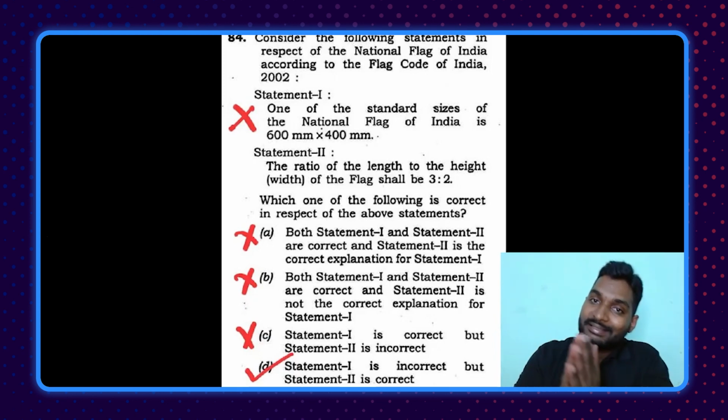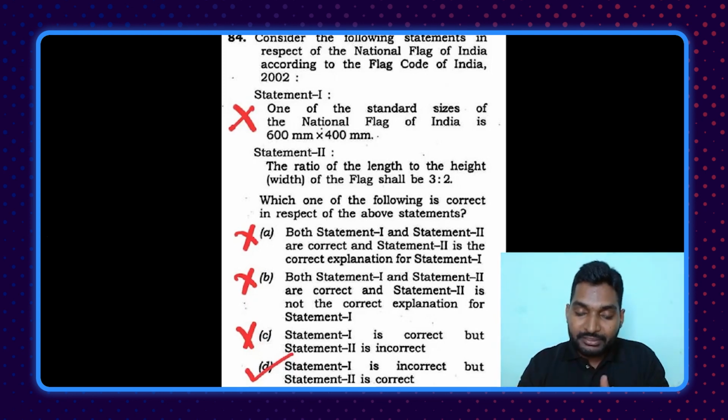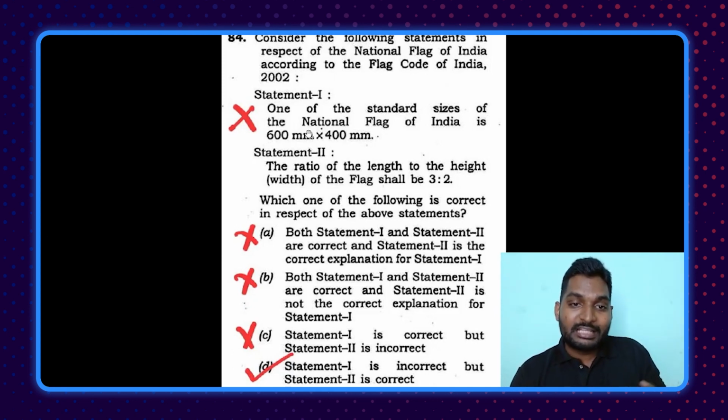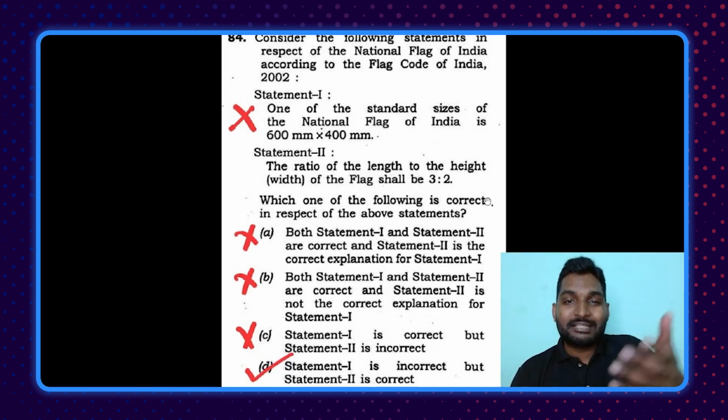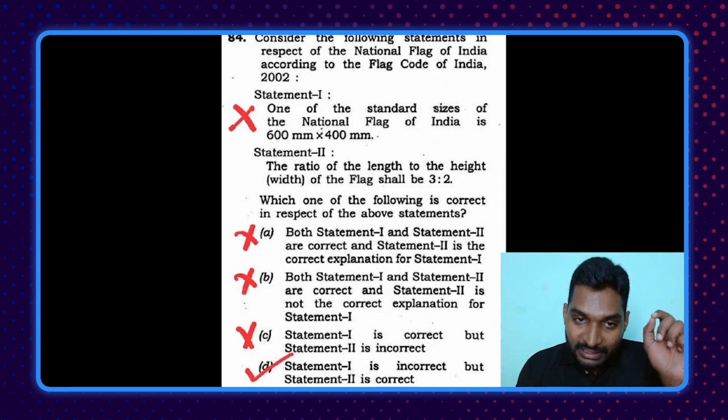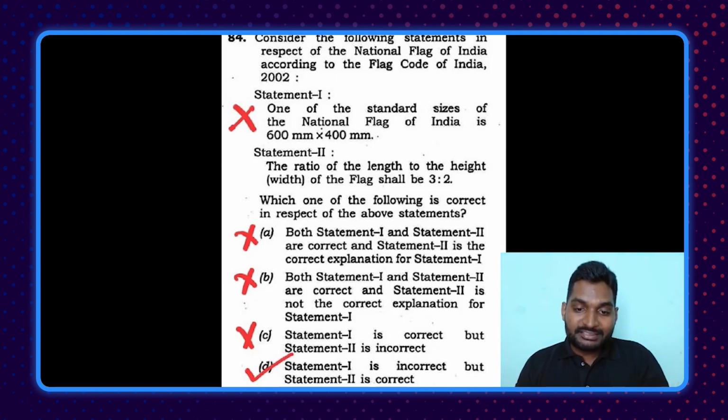Now we won't go into technicalities as to how do we spot arbitrary numbers and how we decide whether the number is arbitrary or not, and what do we do in case both statements have arbitrary numbers. Say for example, in statement 1 we have 600 mm into 400 mm. In statement 2 we have the ratio of 3:2. So both the statements have numbers, but as we have learned so far, a statement doesn't automatically become wrong just by having numbers in it. So the concept of arbitrary numbers and spotting those arbitrary numbers helps us mark the correct answer. Just to reiterate, here if you are able to eliminate statement 1, we get a direct answer, that is option D, statement 1 is incorrect but statement 2 is correct. Moving ahead,